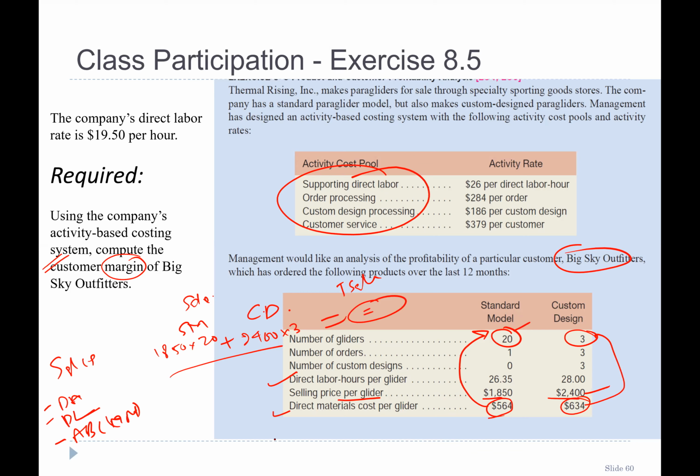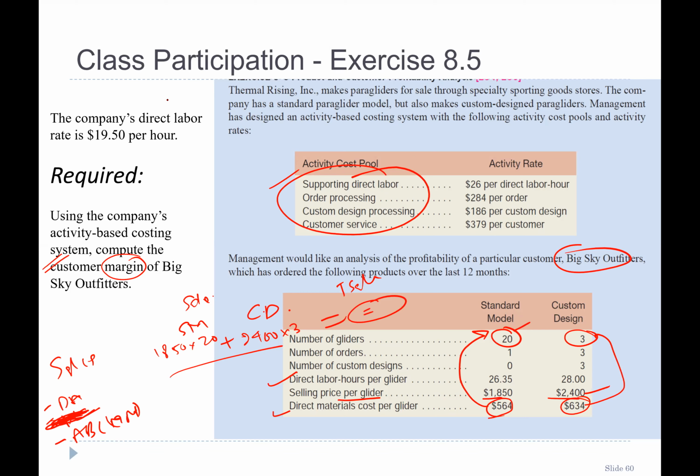And do we have how many direct labor hours are used here? Direct labor per direct labor hour cost is how much? Do we have the cost here? No. Then it means we don't have direct labor hours. We just have 19.50 here. Where is it? The company's direct rate. It's on the left, like before required.